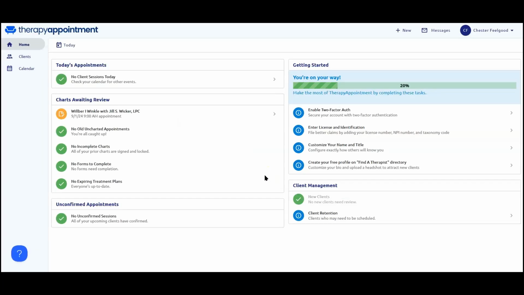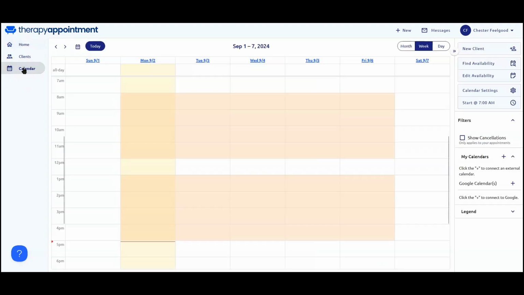I want to note that in this example, the practice has not given the supervisor any ability to manage the client payments or given access to view calendars. They can only see their own calendar or practice settings. This is a supervisor account in its very most elementary form. Of course, you can give a supervisor as much access to the practice as you wish by going to roles